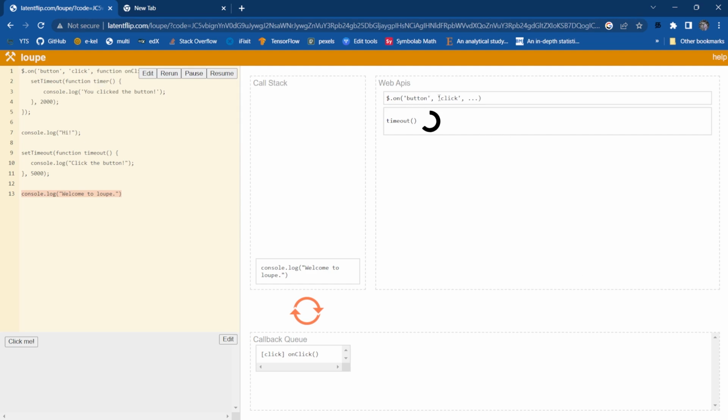The on button click waits in the web API. The timer is running, and I just click the click me button. So the click me function from this DOM API comes to the callback queue and waits there for an empty call stack. Now I am resuming. The timeout function comes to wait in the callback queue. There is no function in the call stack, so the event loop